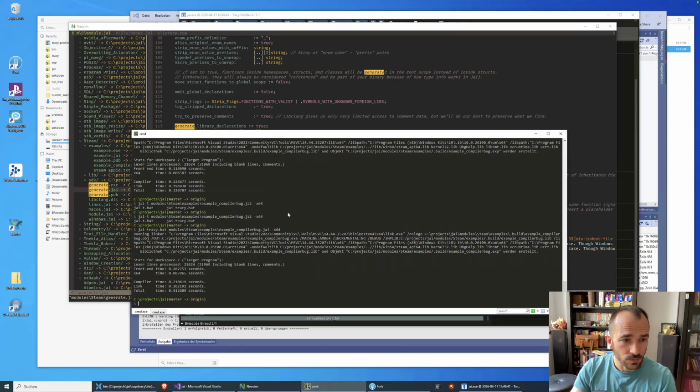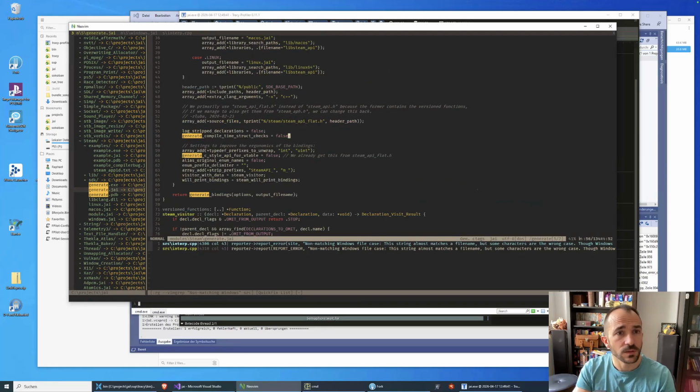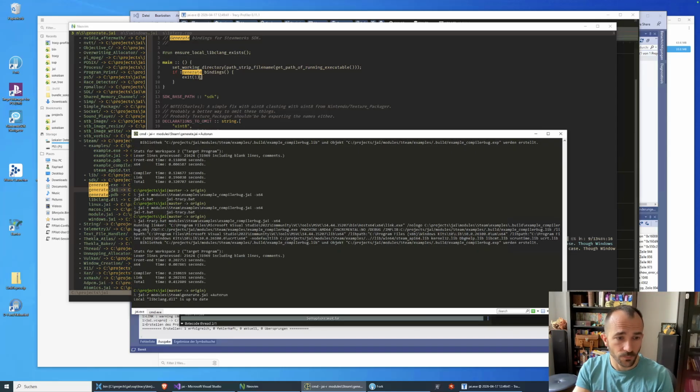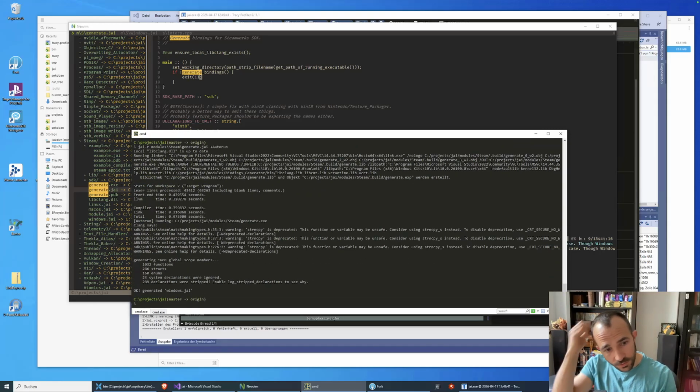So we do JIR. Is this a? Yes. JIR modules steam generator JI plus autorun. I'm such a fan of the autorun module.